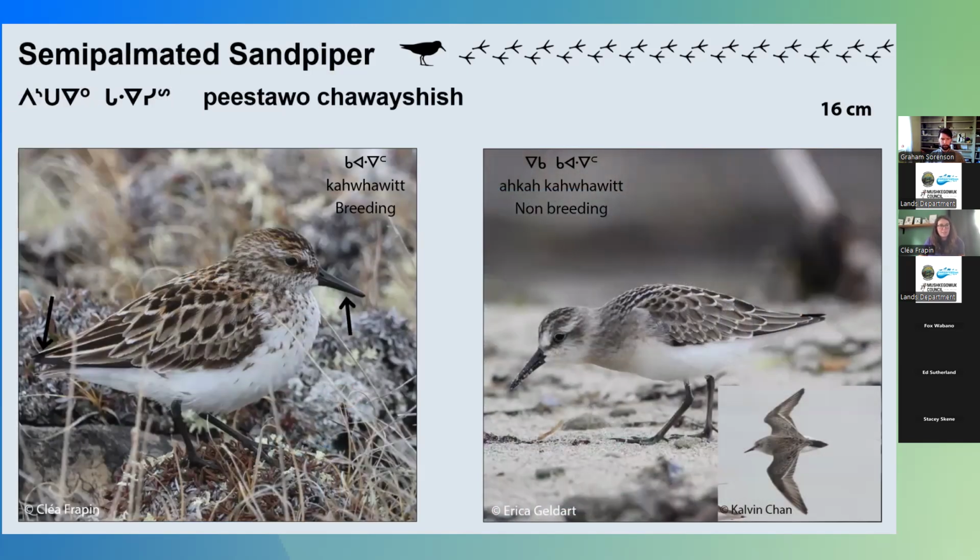Next, we have the semipalmated sandpiper, also a small shorebird. It is very round and very compact. Many people say, oh, it's very cute, it's like a ball. It has a very short neck and a small head, and the bill is short and very straight this time. You don't have any curve. In breeding plumage, it shows a warm brown back with fine scaling and some streaking on the breast, but less